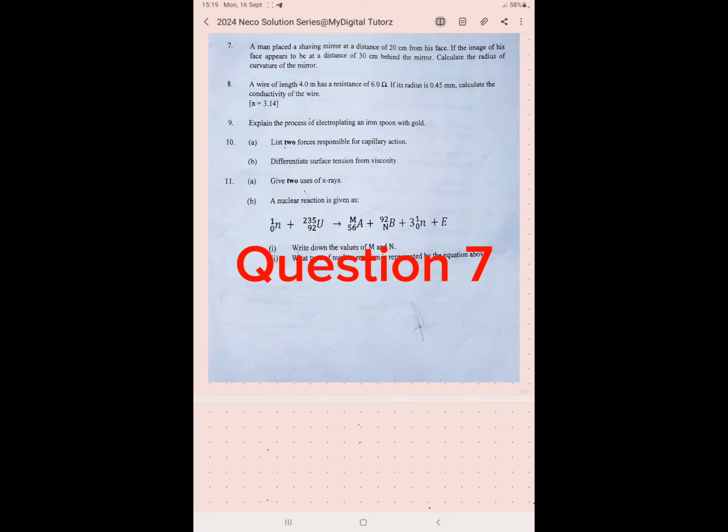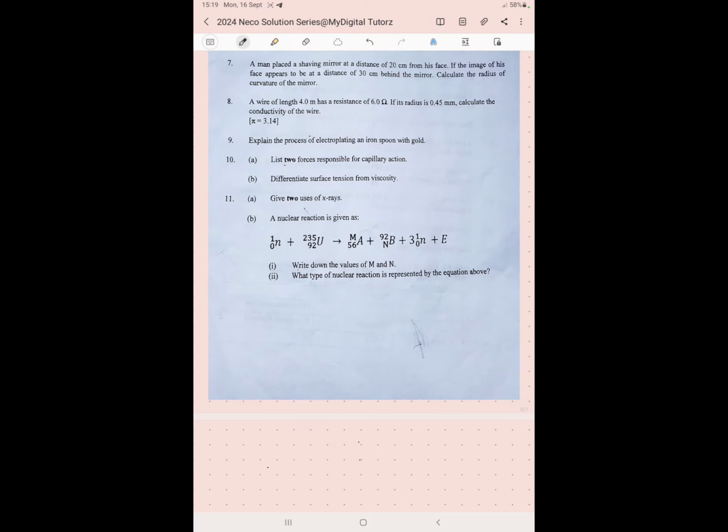So question number 1 says, a man placed a shaving mirror at a distance of 20 centimeters from his face. If the image of his face appears to be at a distance of 30 centimeters behind the mirror, calculate the radius of curvature of the mirror. So if you look at this question now, the question is